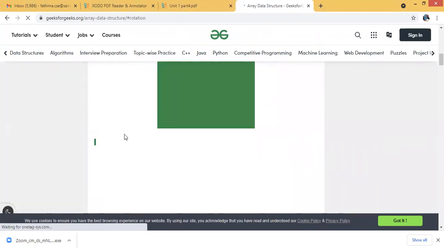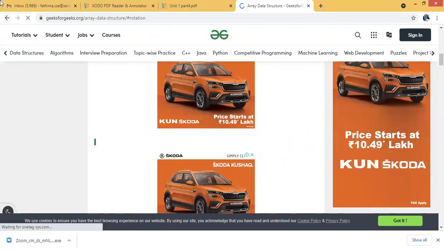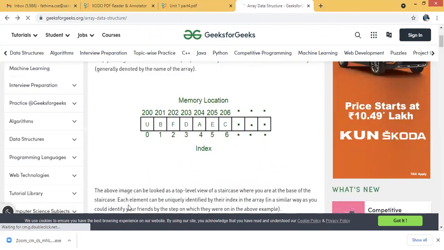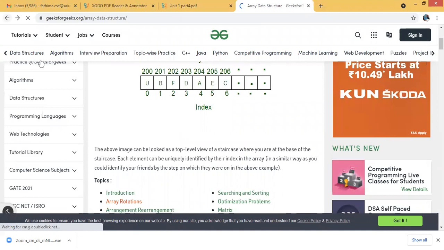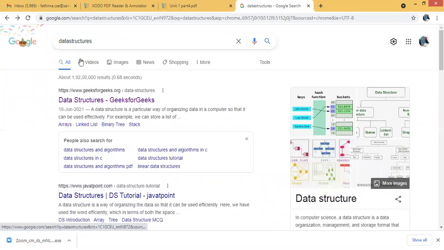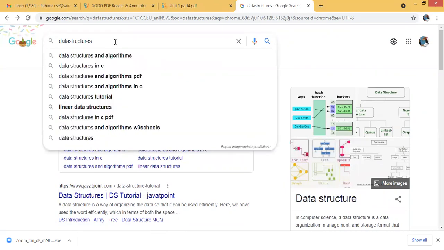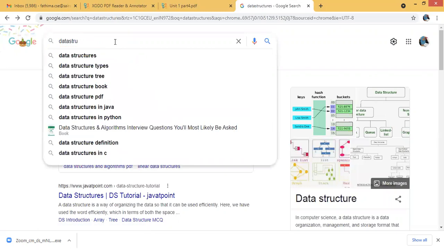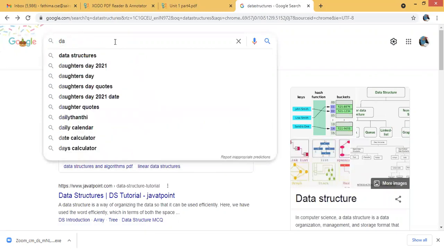If I want to go back, I have to go back to this array page first, and only after that I go back to the data structure page. So this is a real time example. Similarly, if you want to delete elements which you typed, one by one, whatever you entered last will be deleted first.